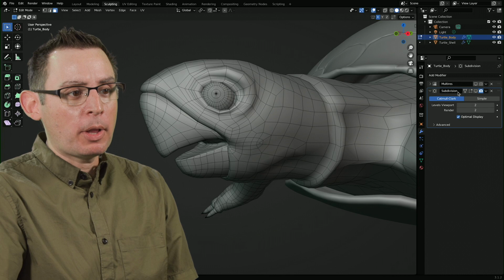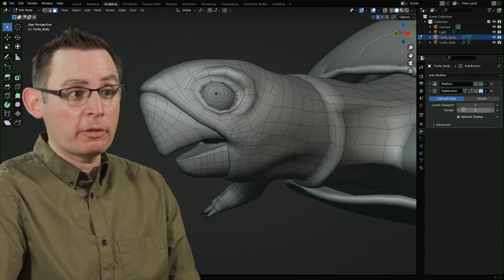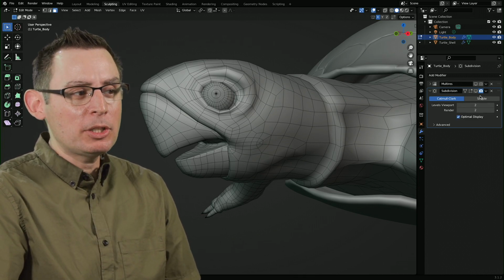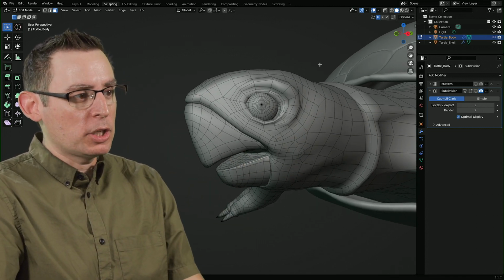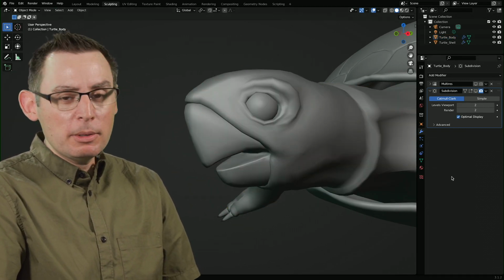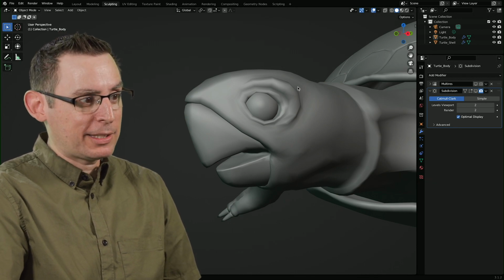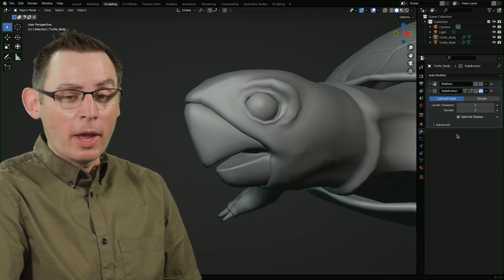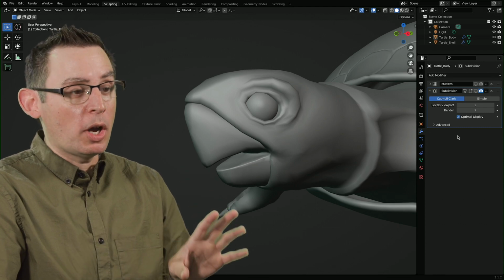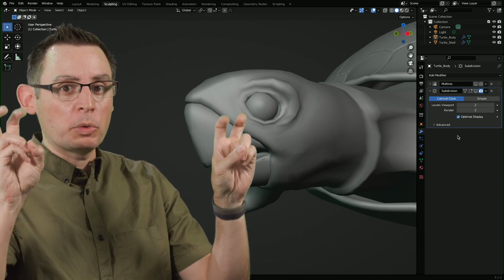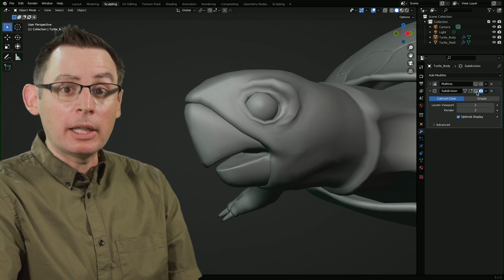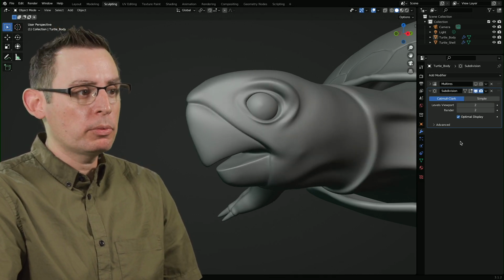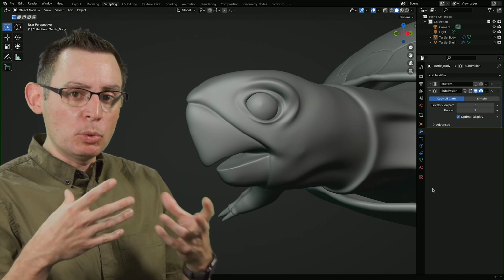I've gone ahead and just applied the subdivision smoothing modifier to this object. And let me simply turn it on. Now, before I turn it on, I want you to look very closely at the topology of the mesh itself. It's pretty basic, right? There's a lot of faceted edges in here. It's pretty low res. This is with the subdivision smoothing off. This is just a traditional 3D model, if you will. But the moment we start adding in some new modifiers and layering on some new technology, boop, like that, now we start to smooth out the mesh.